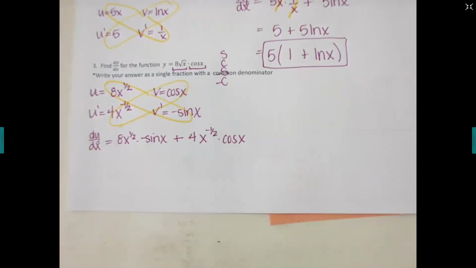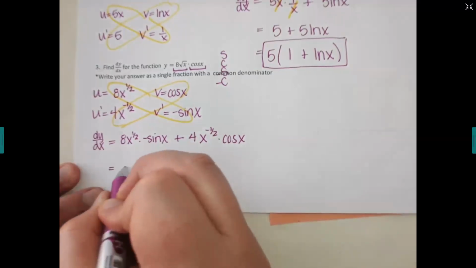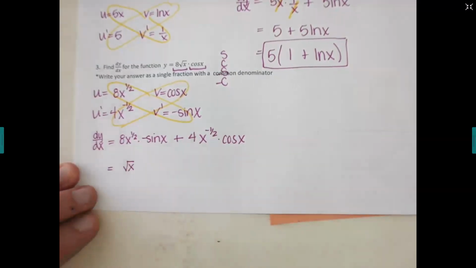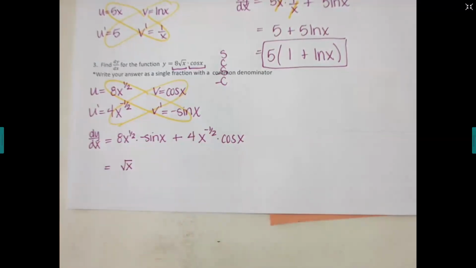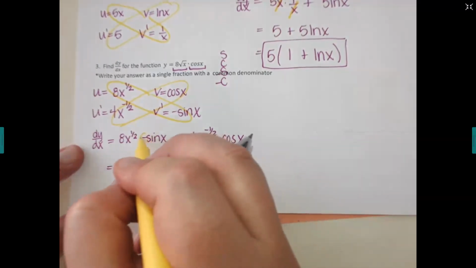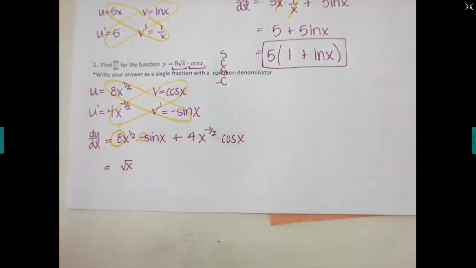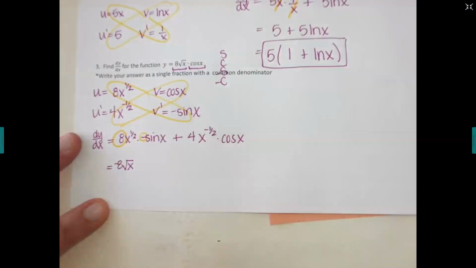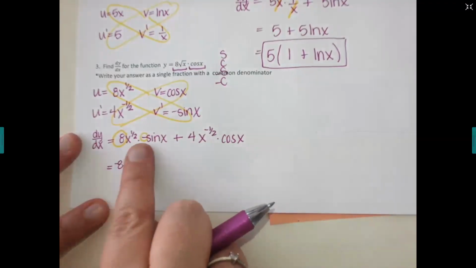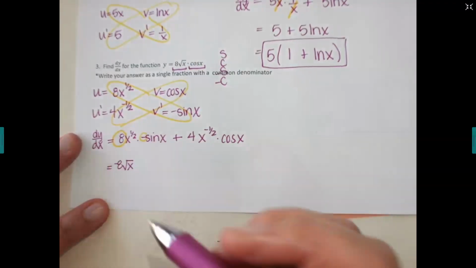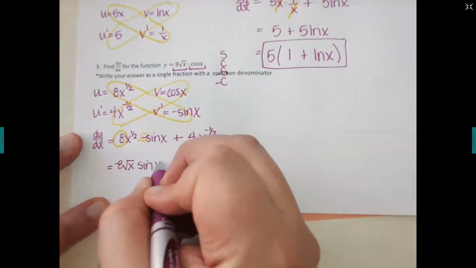Okay, now let's clean this up a little bit. X to the 1/2 is the same as a square root. So rather than keeping this as an x to the -1/2, I'm going to change that to a square root x. And then one other thing I really want you to do is not put the minus here. That looks like a subtraction. That's a negative times an 8. We're going to just make that a -8 in the front. So it'll be -8, that's my square root x, and then sine x. Plus